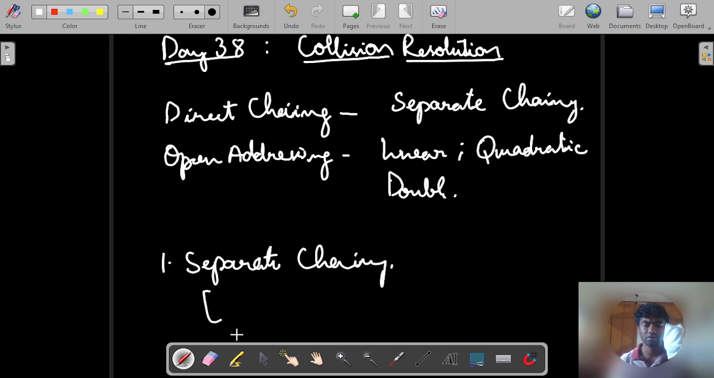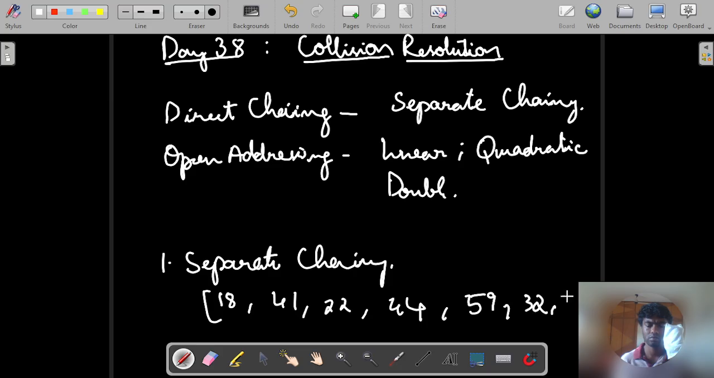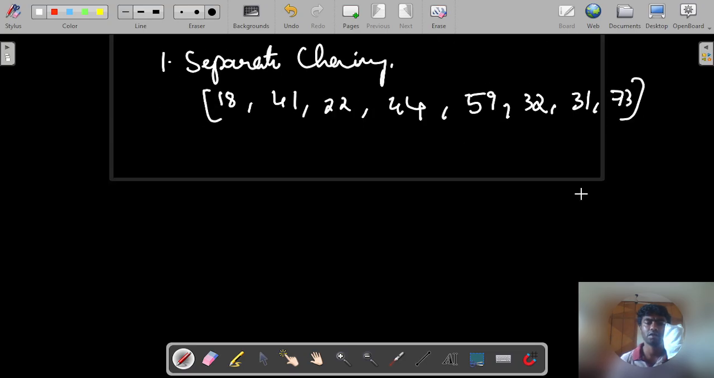let's take an example. Let's take an example 80, 41, 22, 44, 59, 32, 31, and 73. So we should already be able to identify or tell there are collisions at these two indexes, that is 1 and 1. So what happens is we can create a list array of values like 41 and 31 at index 1,